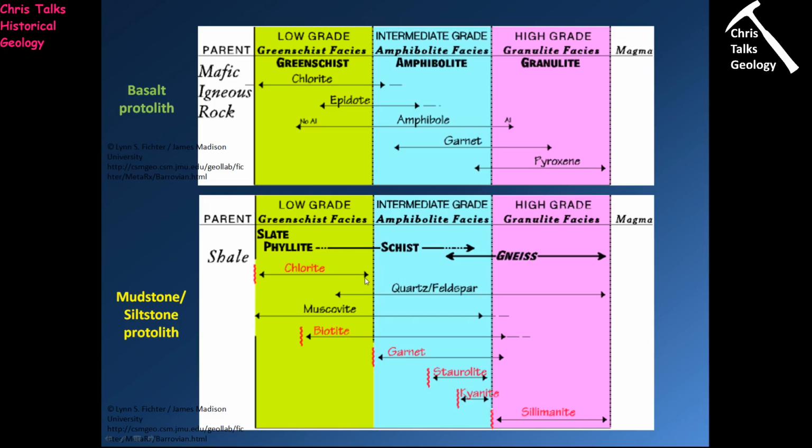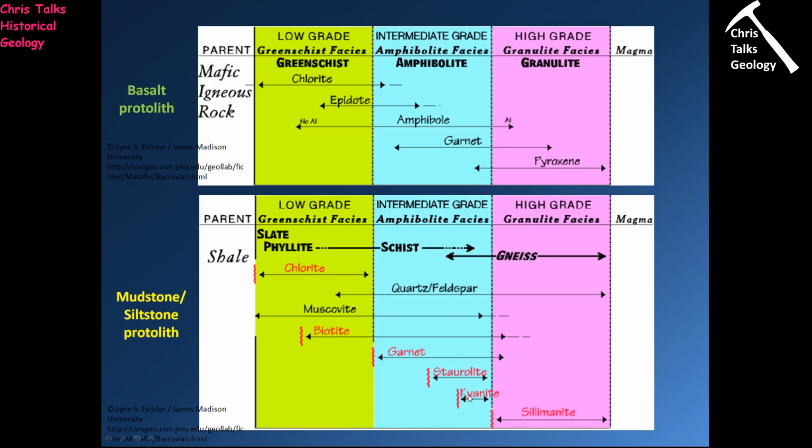So once again, different protolith composition will produce different minerals. So we see we have chlorite, but we don't have epidote and actinolite anymore. Instead, these lower grade metamorphic rocks formed from mudstones will be dominated by chlorite, muscovite, and biotite. Now, as we start to increase the pressure and temperature, the chlorite you can see becomes unstable and is lost. Muscovite persists, biotite persists, and we have the appearance of garnet, a mineral called staurolite, and under the correct conditions,